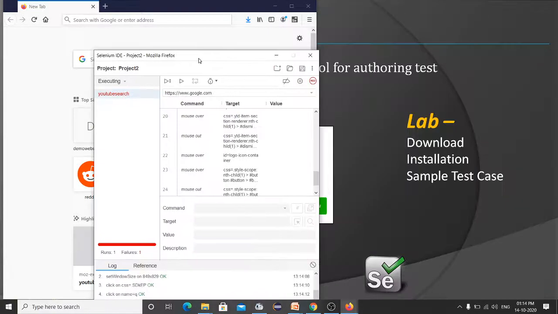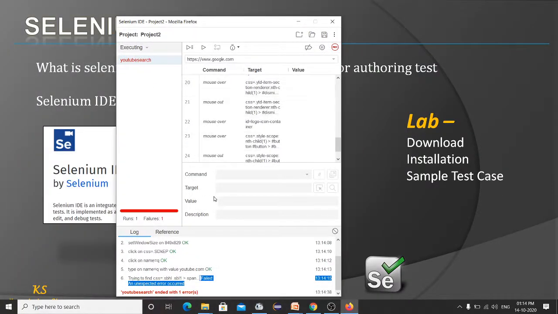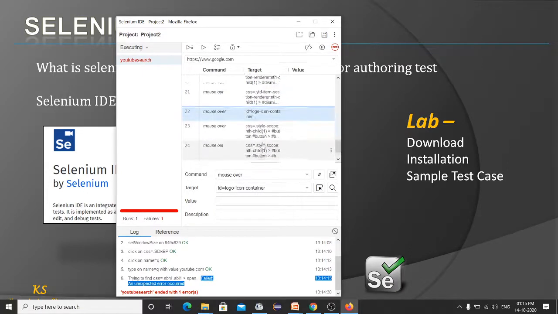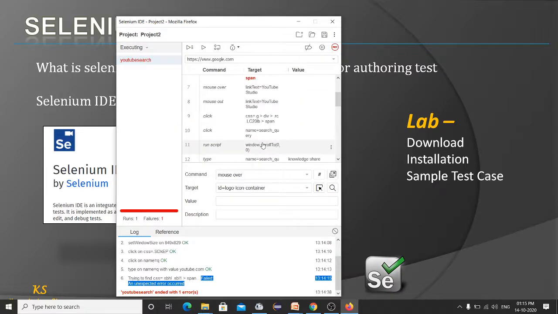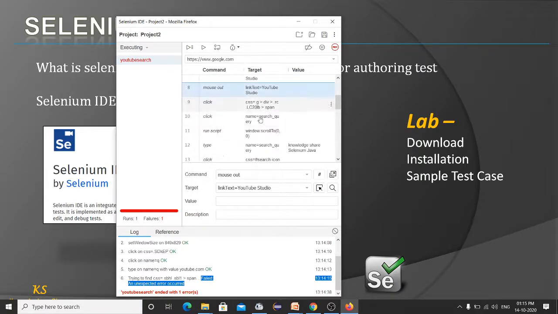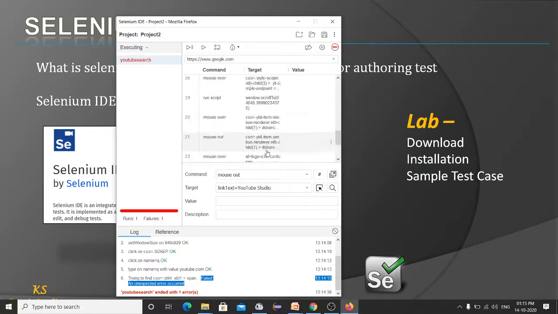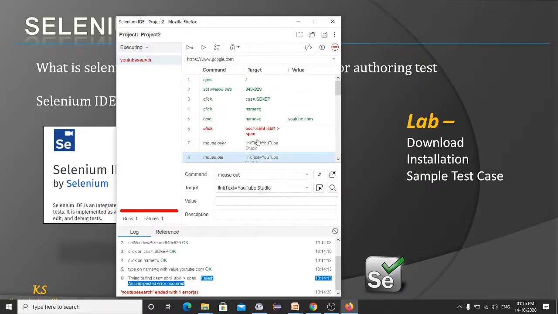So this is how the Selenium IDE tool works. You can explore more, you can play around with these things. You can see different paths here, CSS, ID. We can discuss these locators in a detailed way in upcoming classes. You can see name, CSS, link text, and these are the most important things that we'll be using in automating our web applications. Just keep in mind these locators: CSS, name, ID. These are pretty important.